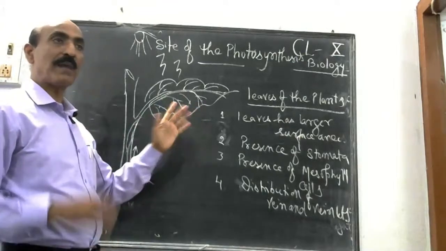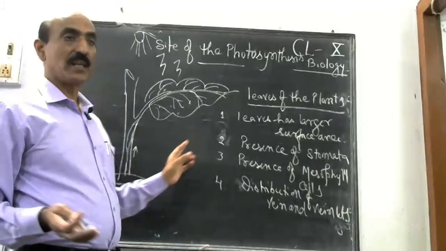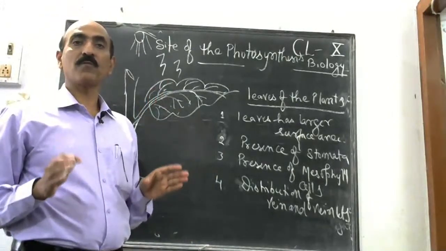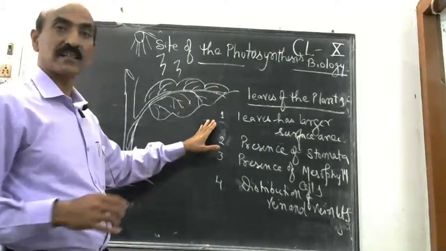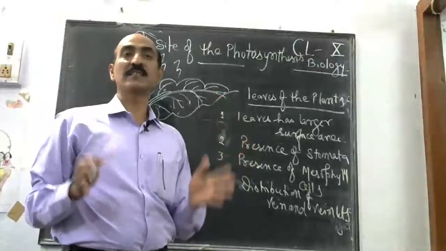So, well distribution of vein and veinlets to each and every part of the leaves provides water and minerals required for photosynthesis. Okay, so these are the four important factors that help the leaves to do photosynthesis well,